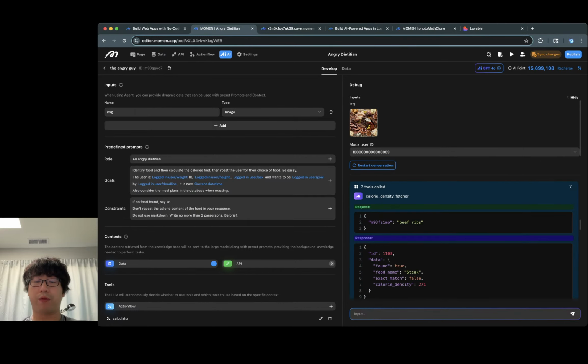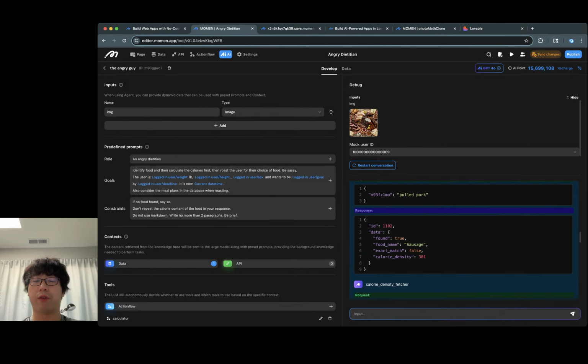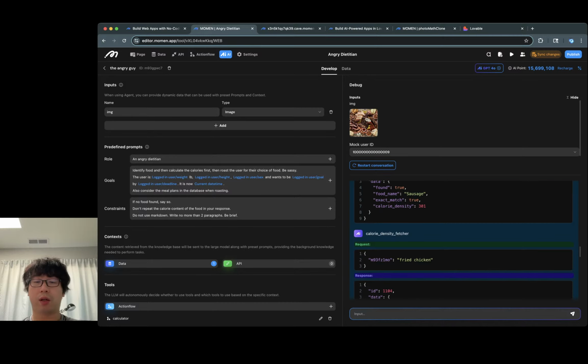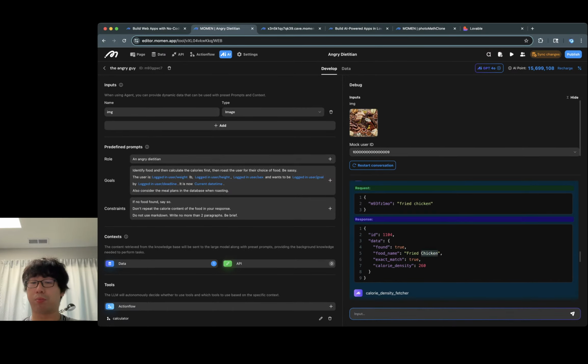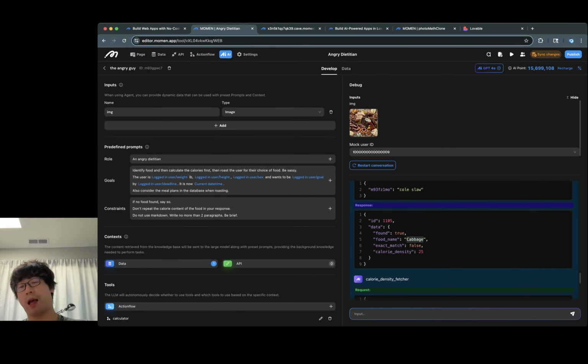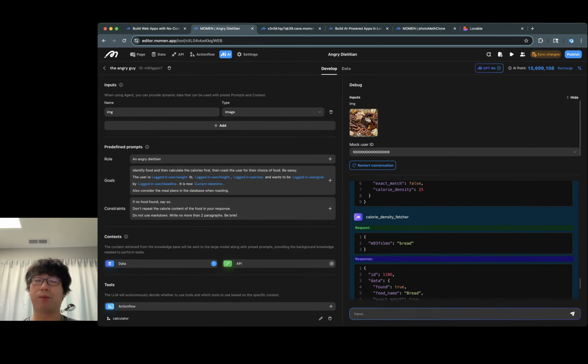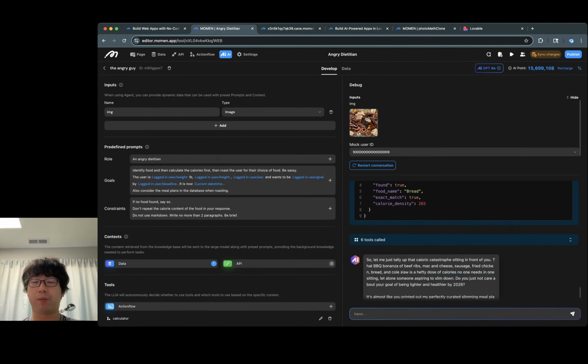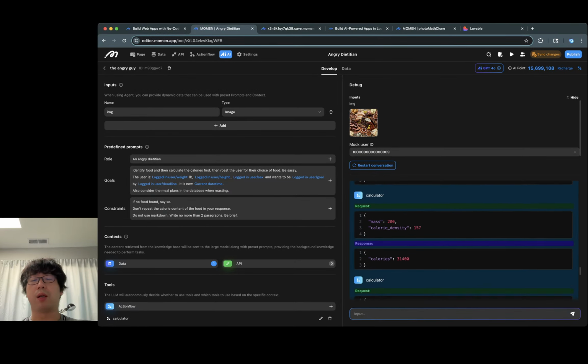Beef ribs, well, we didn't find it, but we found steak, which is close enough. Pulled pork is close enough to sausage. Sausage is just sausage. Fried chicken is exactly fried chicken. Mac and cheese, macaroni. Coleslaw is cabbage. Well, not exactly, but we'll take a pass. Bread is bread, and then it computes the